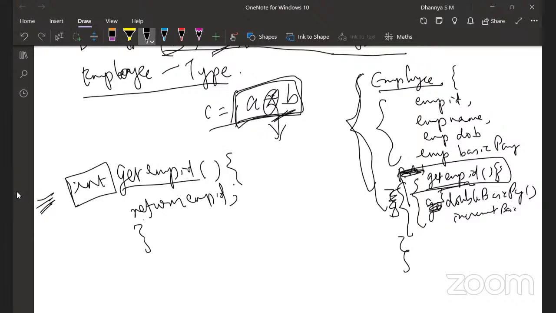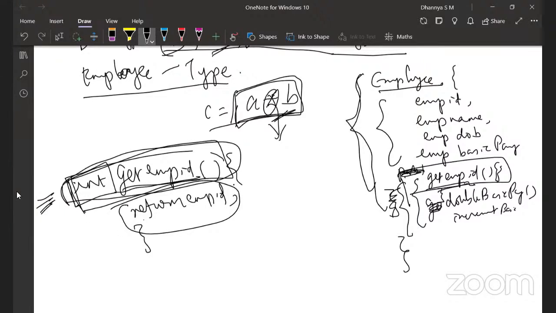This is the part of the code which I need to use. If I'm going to make use of this class in my code, I'm going to use this data type, which is employee, and I should know the behavior of the employee class. I use this method. I just need to know this part of the code. I don't need to know how the basic pay is calculated, how the double pay is calculated, how the employee ID is retrieved, whether it is some kind of encrypted employee ID, or whether some decryption is happening inside. I don't have to know any of those things, but I should know this part of the code.